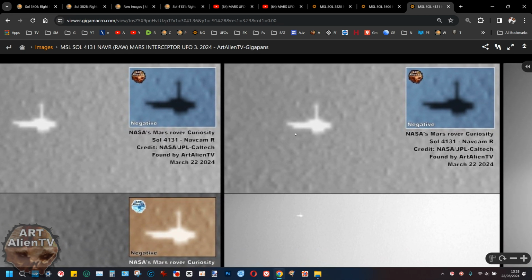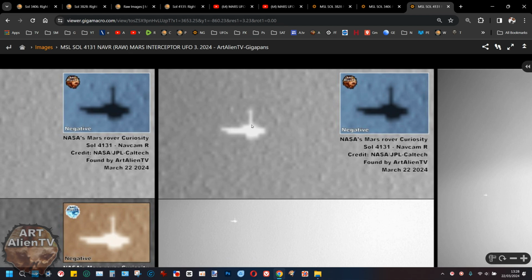It's better to look at the darker one here, I think. But the thin aerial or arm is sticking up, not down, which means this is flipped the other way. So this says to me that this interceptor drone or UFO has completely come to terms with gravity and has probably quite an advanced propulsion system, which means it can just flip up and down, upside down, sideways, and any orientation in the sky above Gale Crater